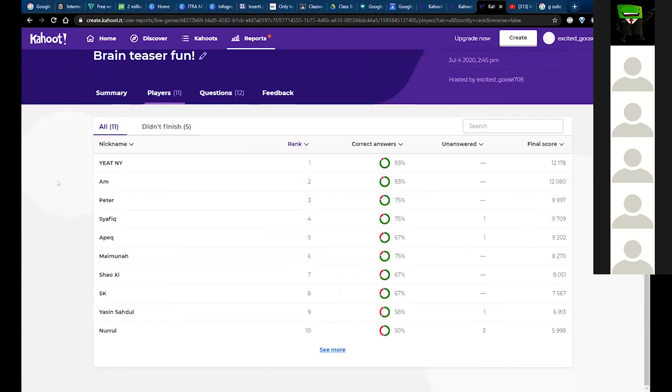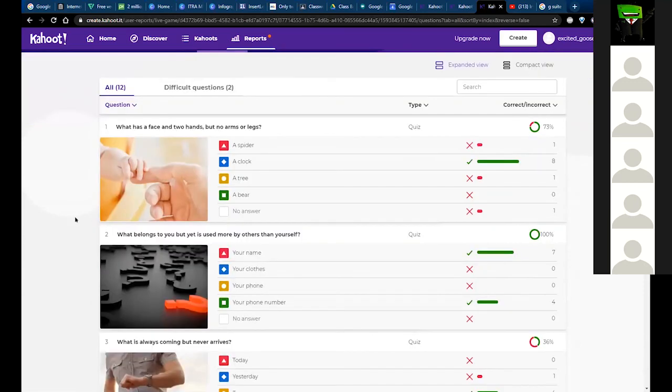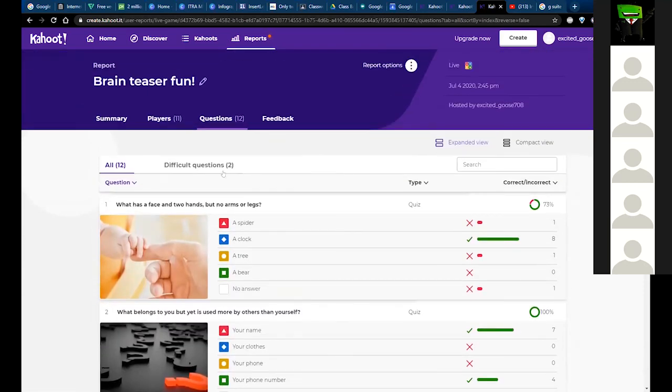You can see the players, their ranks, how many points they got. So let's say Yi got the top score, so he got 12,000 points. If you want to assign that as an A, or the top 3 as an A, you can do that. So it's an interactive way of doing quizzes instead of just doing the normal selecting.